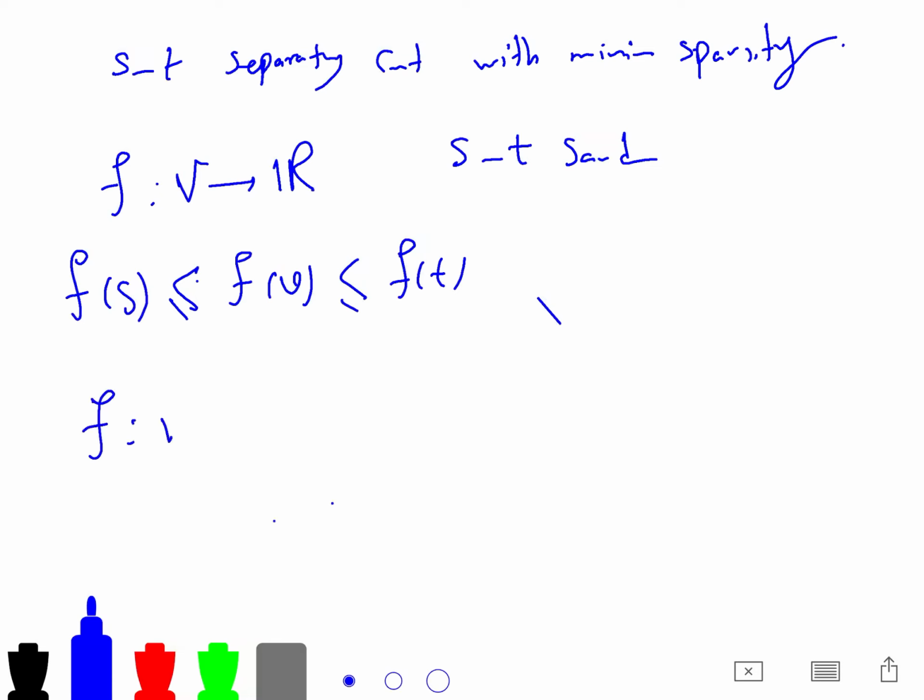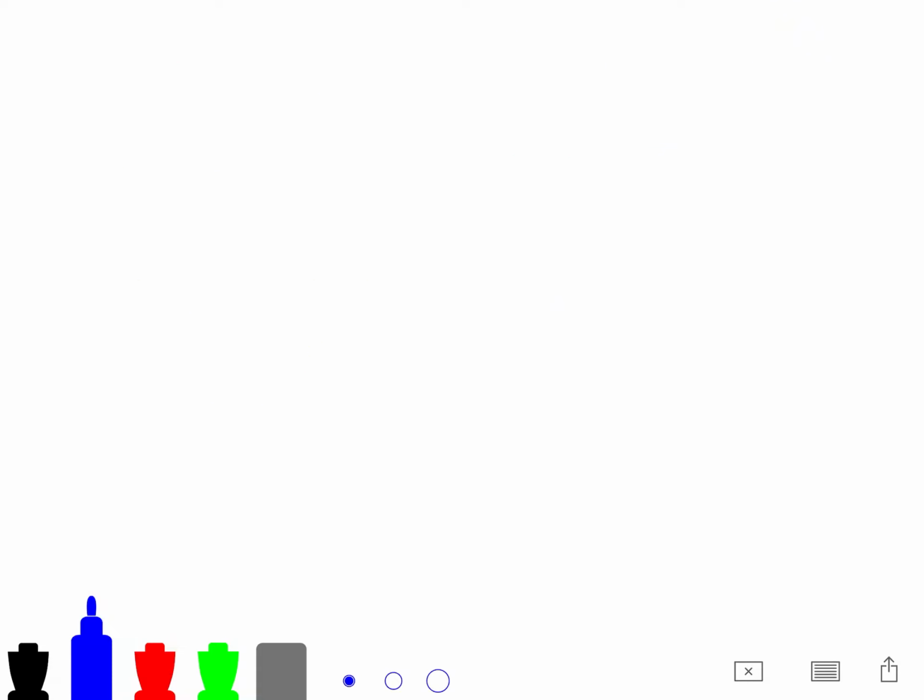And we can also generalize it to R^m. So even this one is said to be ST sandwiching if it satisfies this for each coordinate. And now a very interesting lemma that you can use in your article as well. Let G be a graph with some vertices, fixed capacities and demands, for the sparsest cut. And let F from V to R^m be a map. Then we can say that there exists a